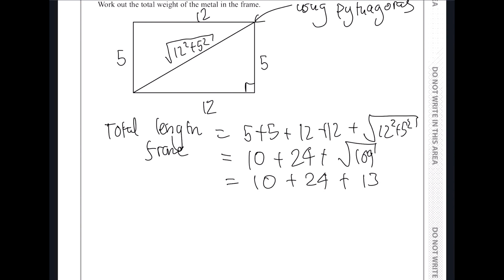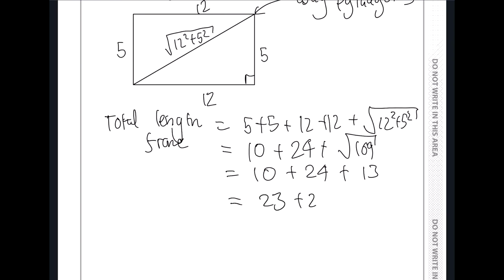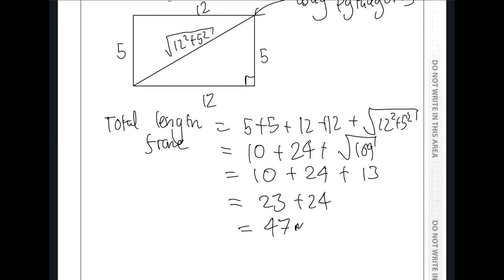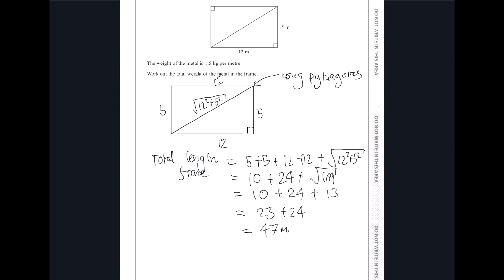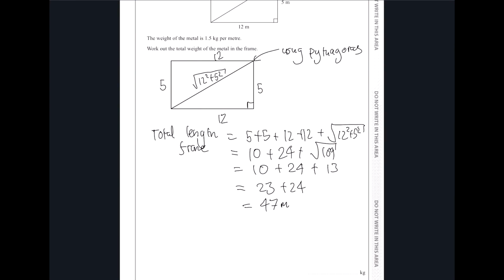It doesn't make much sense. So if we do that, total length of the frame would be, again, 23 plus 24, which would be 4 plus 3 is 7, so that's 47, and again, the units would be meters. So if the total length of the frame is 47, therefore what we can say is total weight of frame,